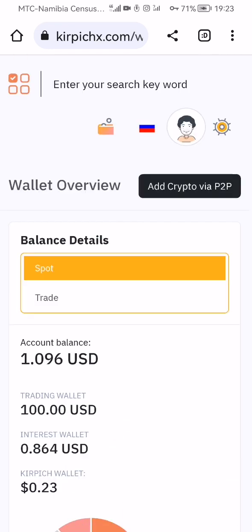So $100, I'll be getting $3 every day, $3 every day, which is how much to my Namibian currency, 3 multiplied by 19. So every day I'll be getting 57 Namibian dollars. Every day it's 57 Namibian dollars, which means in 2 days I'm already having my 100 Namibian dollars. So imagine 100 times 10. In 10 days I'm already having my 570 Namibian dollars,